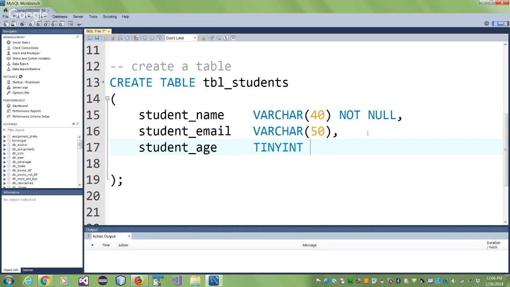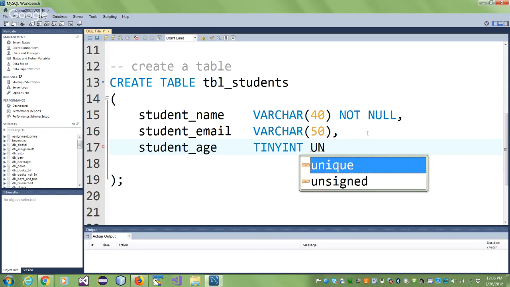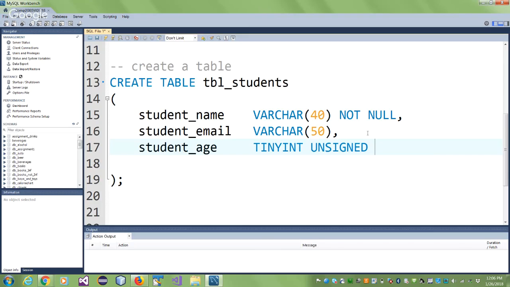We also said that age cannot be negative, and we said we'll use an unsigned tiny int. So add unsigned to it. The sequence is important. Don't call it unsigned tiny int, say tiny int unsigned. You'll say, what if I forget? Try to give it the opposite and it will show you a squiggly. So if I say unsigned tiny int,